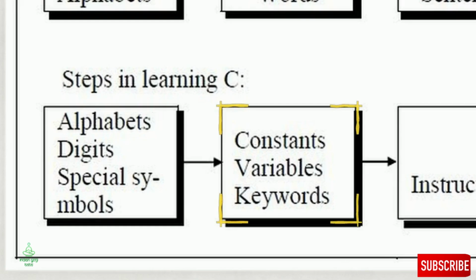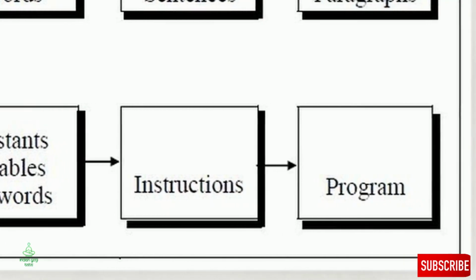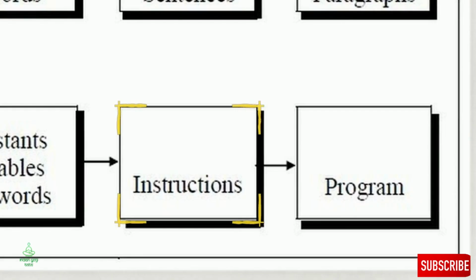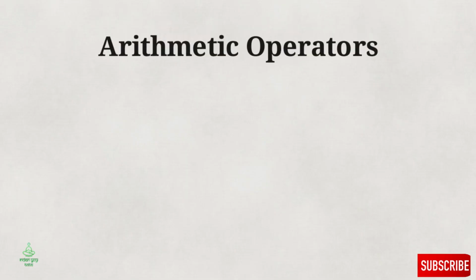Up to this point, you've learned to create variables and store data. Operators provide the logic that puts that data to work. They function as the action verbs of your code, combining with constants and variables to form the specific instructions shown in this flowchart. We begin with arithmetic operators.